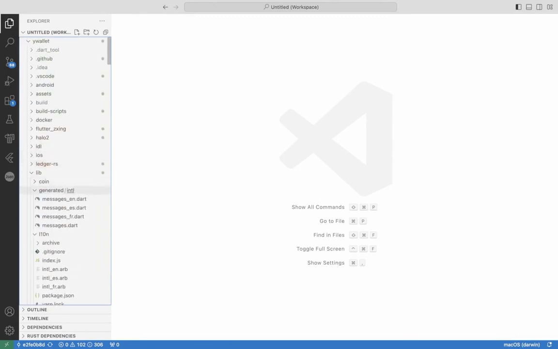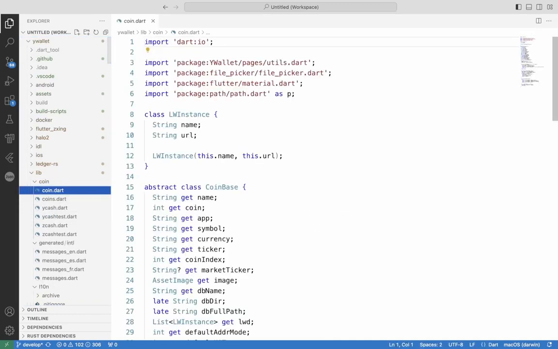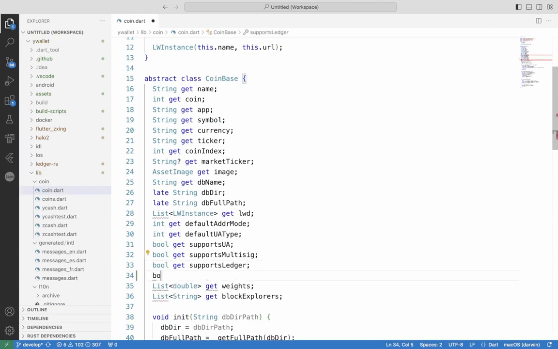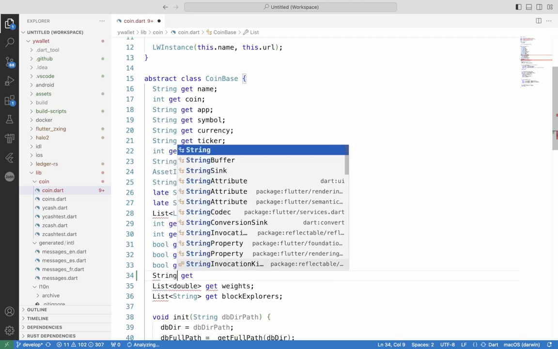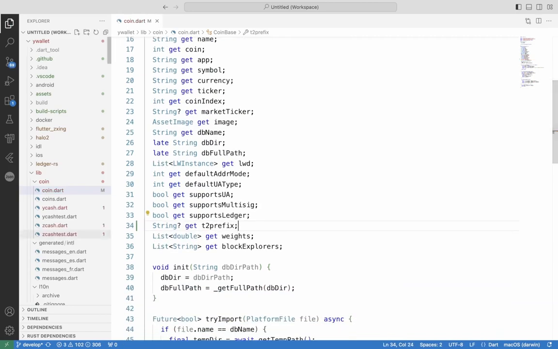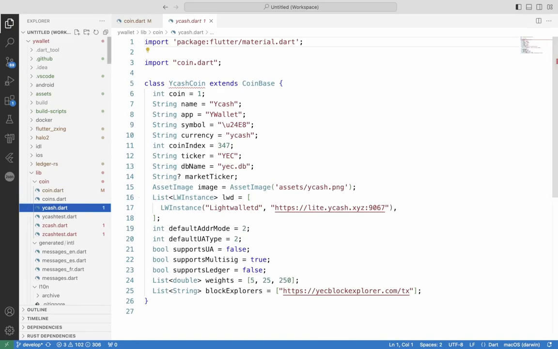and therefore we need to have a flag in this guy to mark this functionality. All right, so let's say this is going to be bool get. Oh, don't do it this way. Let's do it as this returns a prefix, and the prefix is optional. T2 prefix. Let's call it this way. Okay, and then that makes all these guys